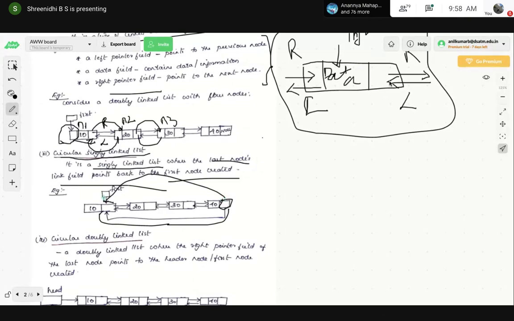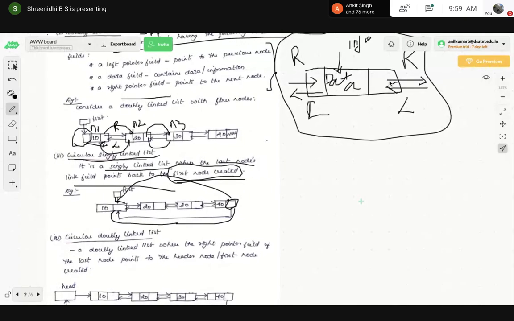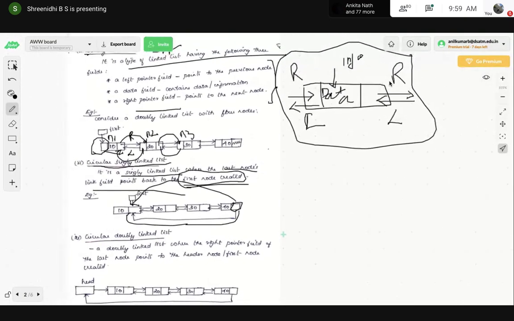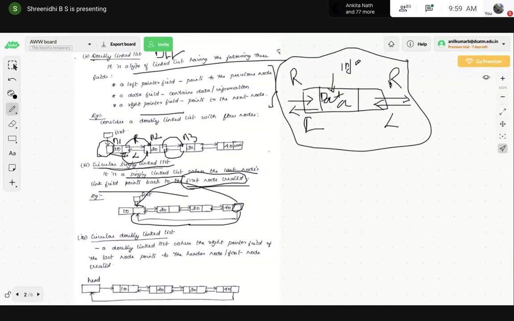So we call it a circular linked list. The last link of the node is connected to the first link.